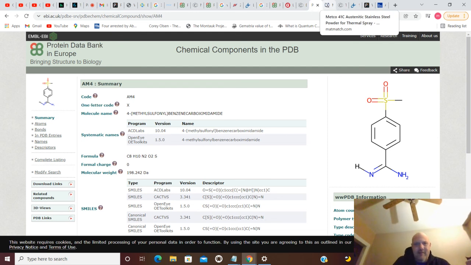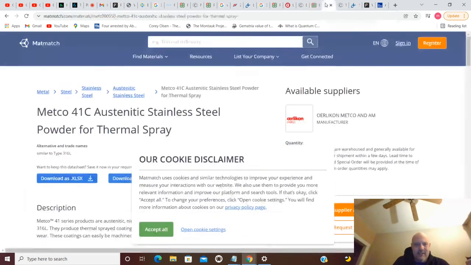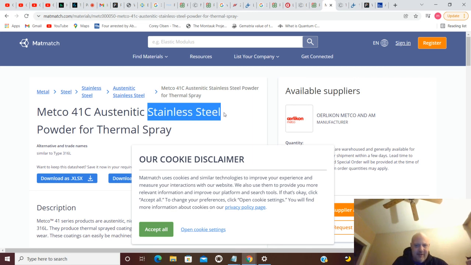And if we move on from that, we have 41C, Metco 41C, austenitic stainless steel powder for thermal spray. So you got more steel stuff here. And we had that before.